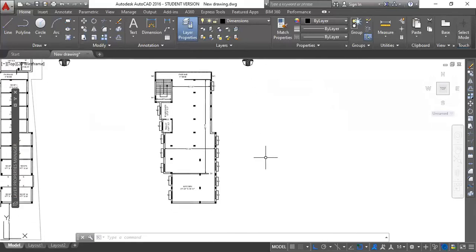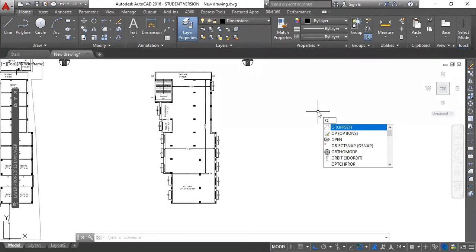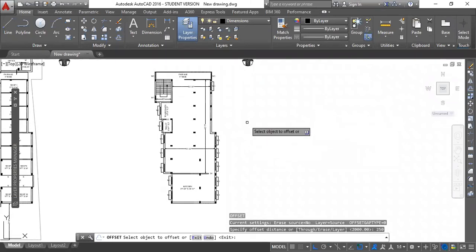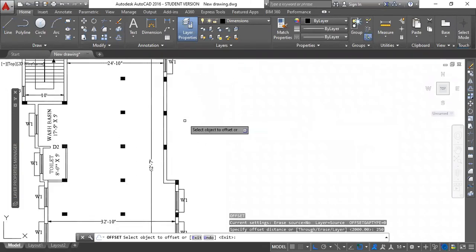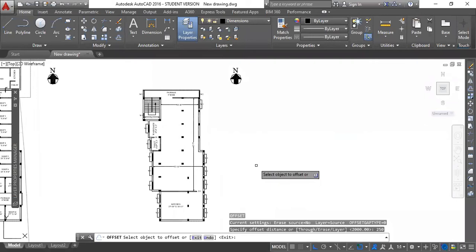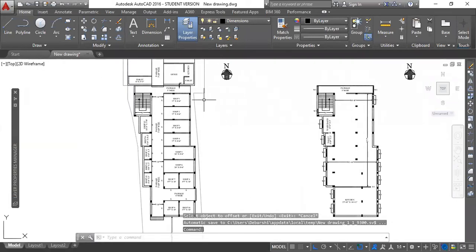That is the thing. So in this way you can use the offset command. And obviously, yeah, I was making the point, I deviated actually. If you are doing the external walls, you can simply set your dimension to maybe 250. So you have already created an offset of 250, and you can easily offset this, then trim and come to a proper shape of the plot after you have drawn this particular area.